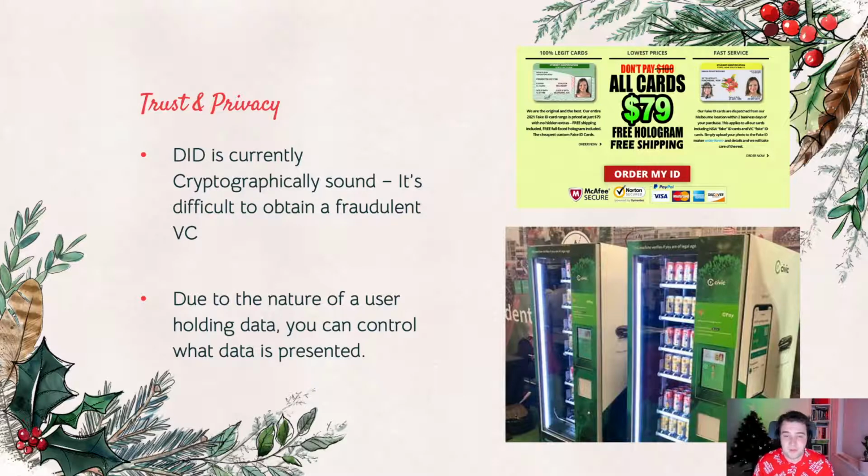The other bit that's really, really cool around decentralized identity is it enables privacy. Now, because it's built on cryptographic protocols and the data is signed, you can generally prove information without actually showing the source, right? So what I mean by that is, say for example, you wanted to buy a can of beer, right? And you go to the pub and you say, hey, I'd like to buy a beer, and the bartender looks at you and he says, well, you look a bit young, could you please show me your license or show me your proof of identity?